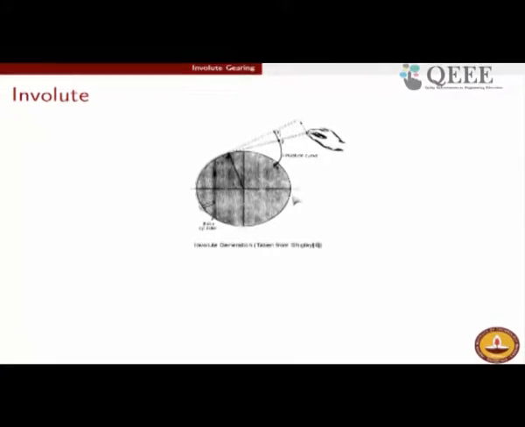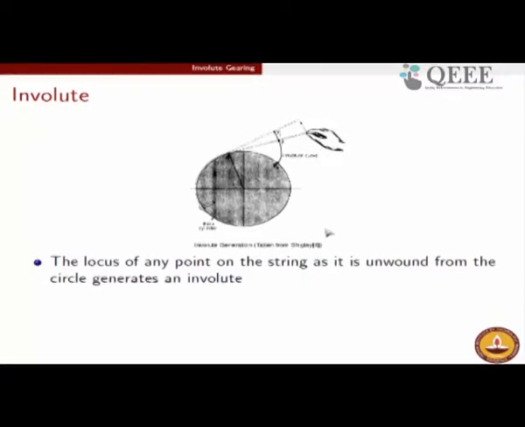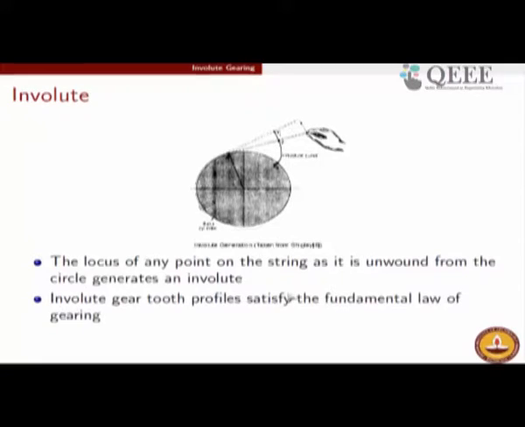Actually, very specifically we should call this the involute of a circle, because the string is unwound from a circle. But when we say involute without any qualification, we simply mean that it is generated from a circle. So the technical definition of an involute is that the locus of any point on the string as it is unwound from the circle will generate an involute. The involute gear tooth profile satisfies the fundamental law of gearing. I have just demonstrated that to you through this